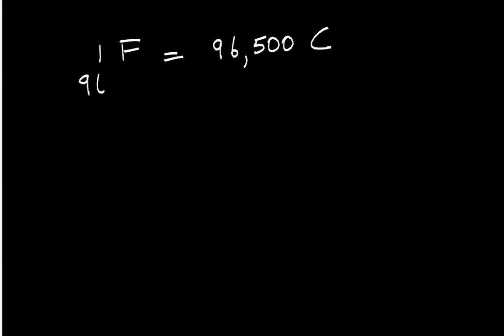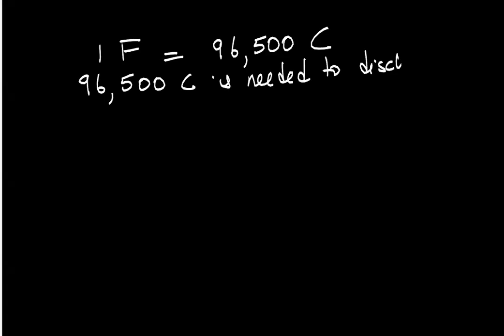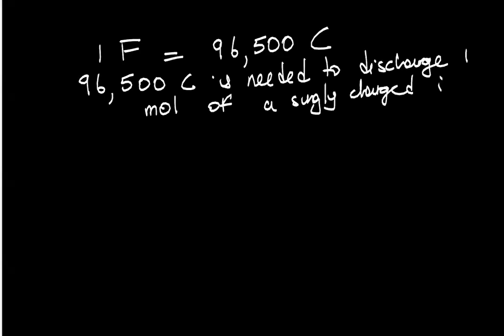Or 96,500 C is needed to discharge 1 mole of a singly charged ion. All right. So tell me now, to discharge this, if I'm using copper, okay, let me start with something